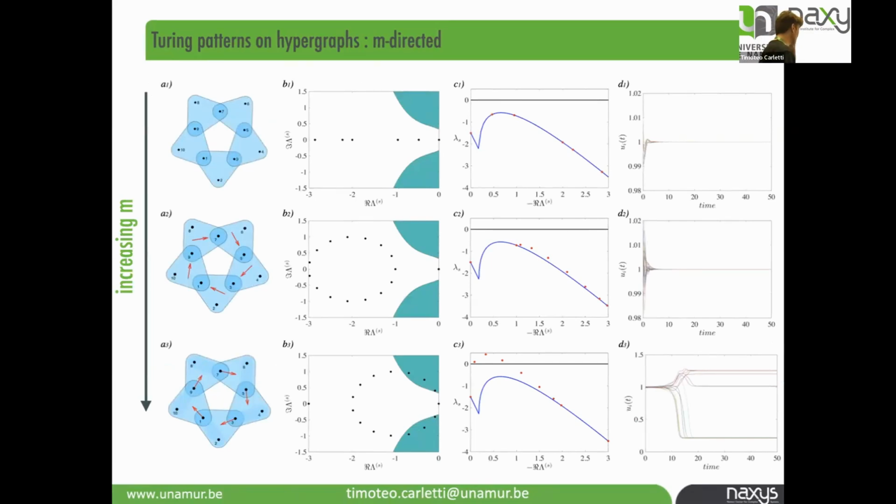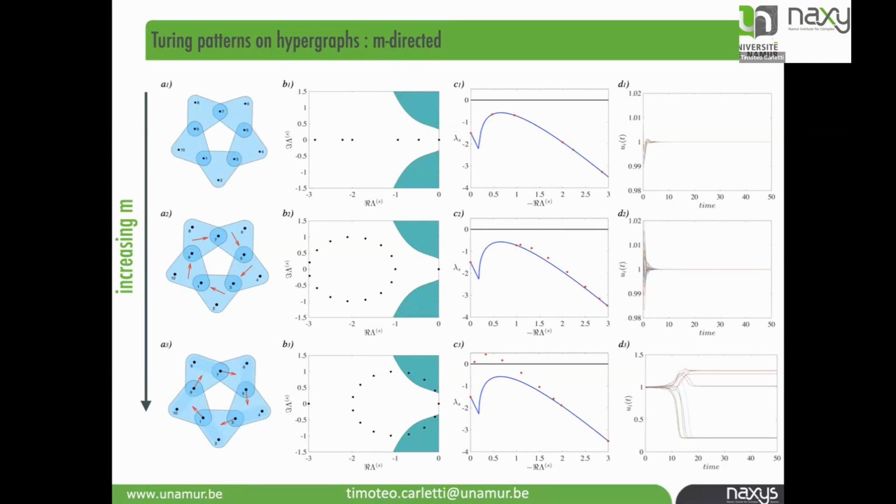Here, just to show you a simple example, I took this ring-like structure. This is the undirected case. So here, all the nodes can interact with each other. And indeed, the spectrum is real, so the Laplace matrix is only one matrix, which is the symmetric one. So it's real. These are the regions that I showed you previously, where if you fall down, you have a Turing pattern. And indeed, the black points do not touch this green part. And so you don't have patterns.